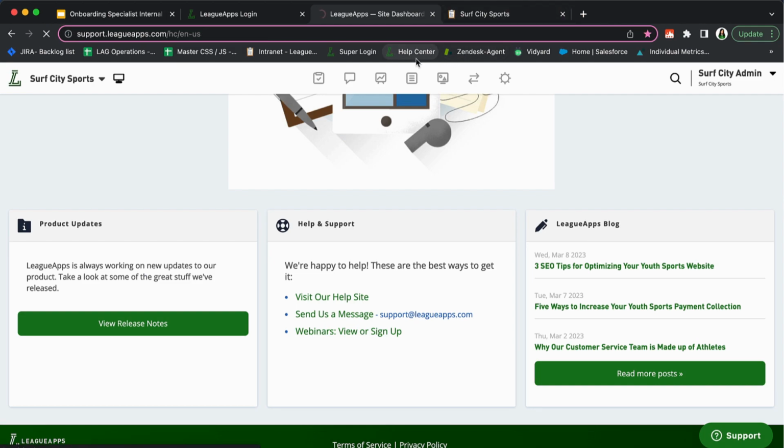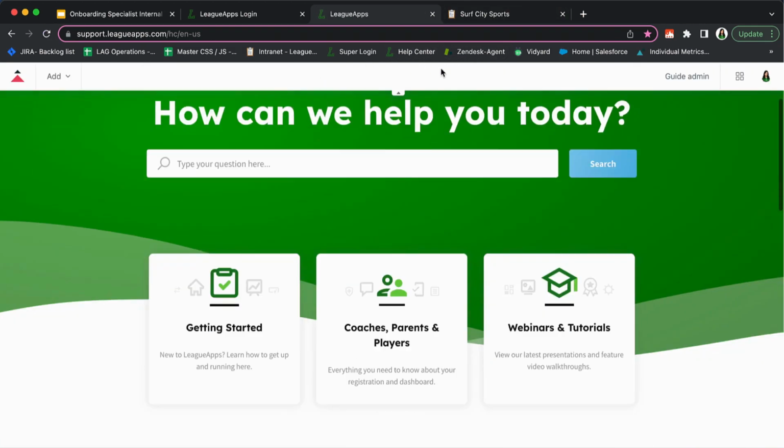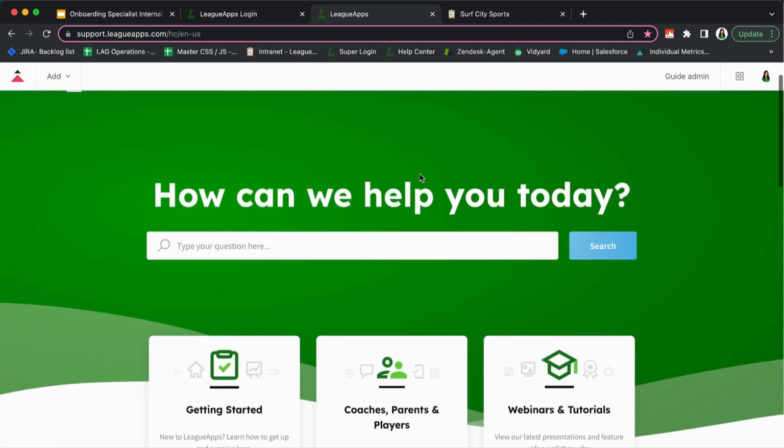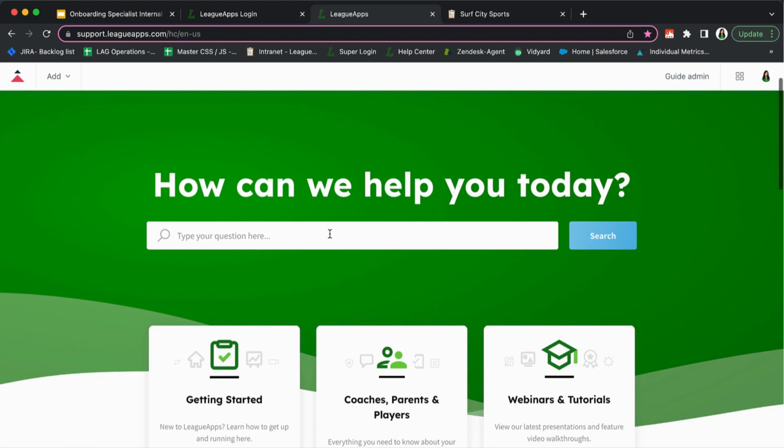Oh, sorry. I used to be a support agent, so it logged me in the back end, but this is what it'll look like. It'll ask you, how can we help? And you just type in your question here. So for example, an admin wants to manually add